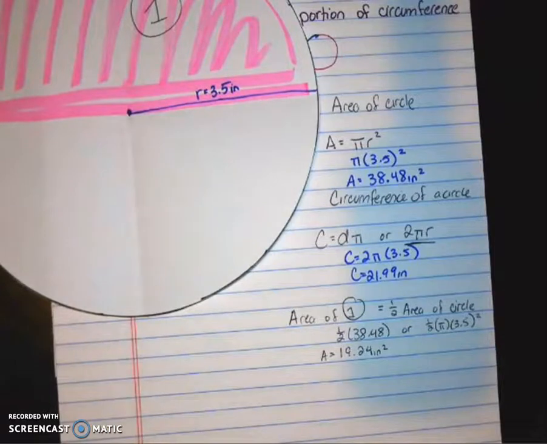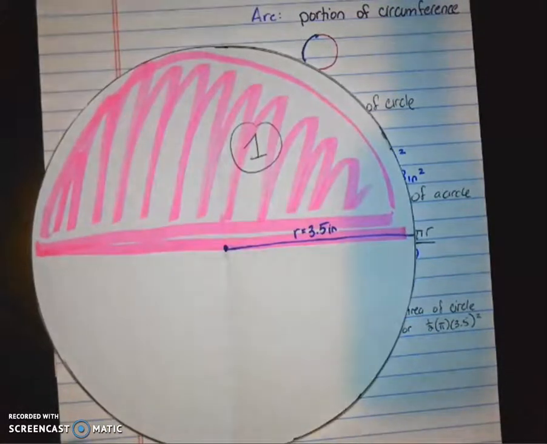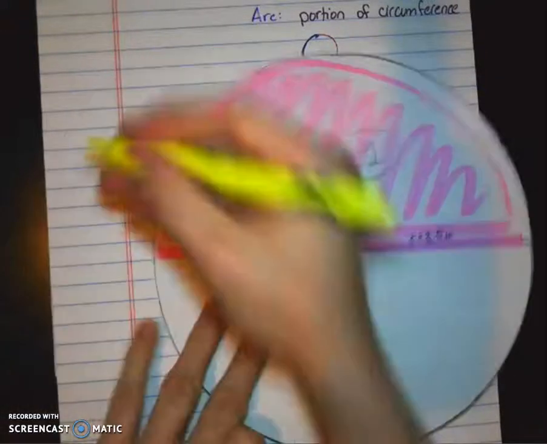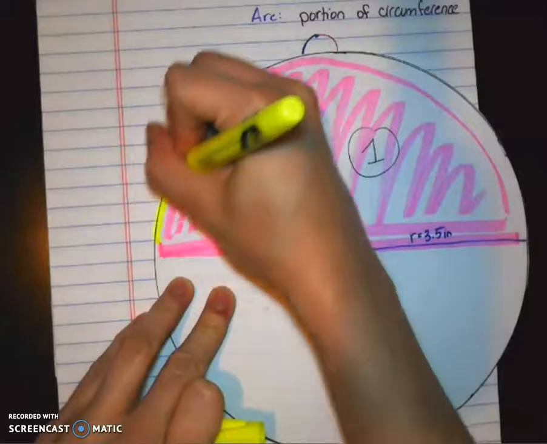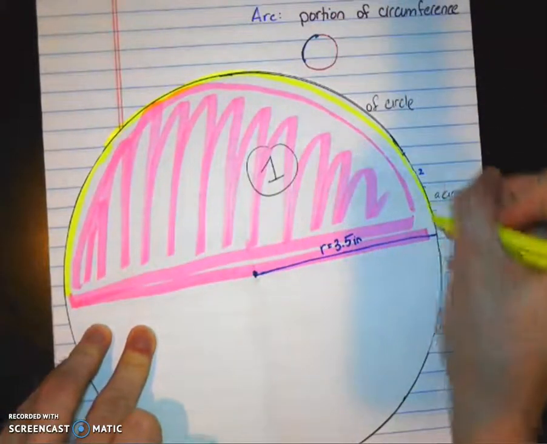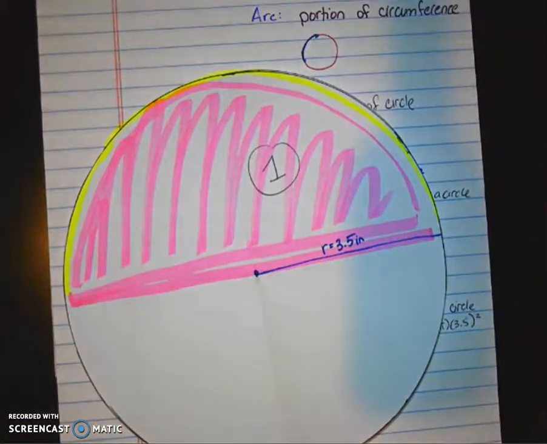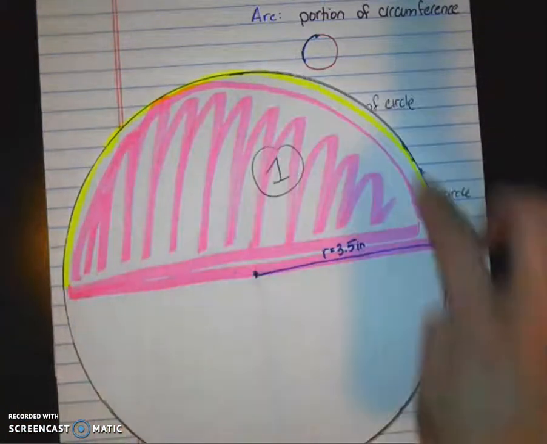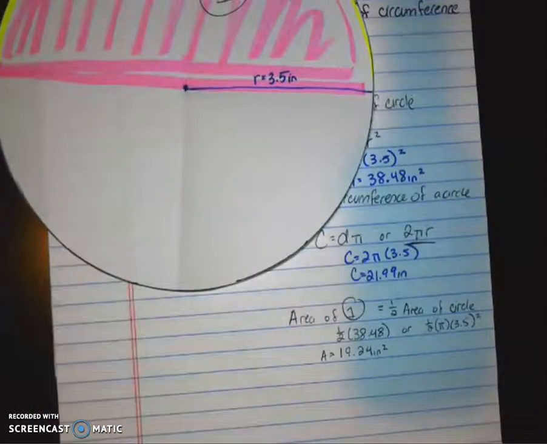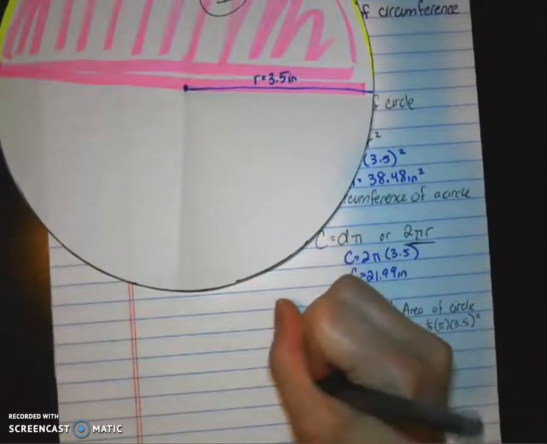Now, could we calculate the arc length of this section? If I just wanted to calculate the edge of our region, well, that's part of my circumference. And it's actually going to be half of our circumference because it's half of the circle. So I could say that the arc length